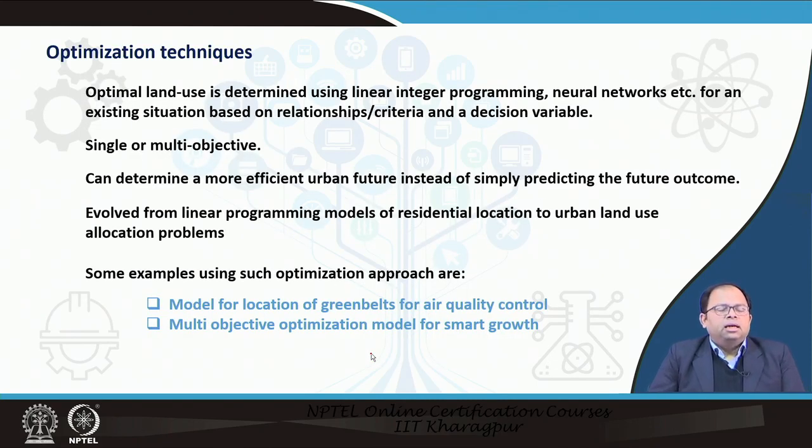Then comes another line of urban land use transportation models. These are based on optimization techniques, where optimal land use is determined using linear integer programming. It could also be neural networks, for an existing situation based on relationships and criteria and decision variables. I will explain that in detail later, and what it means is that, instead of trying to determine